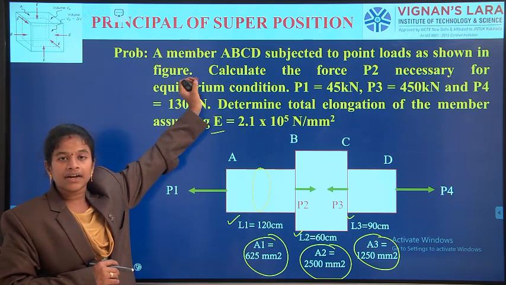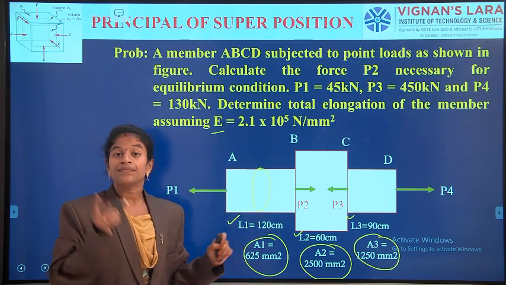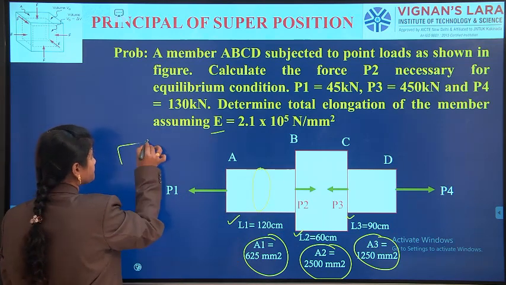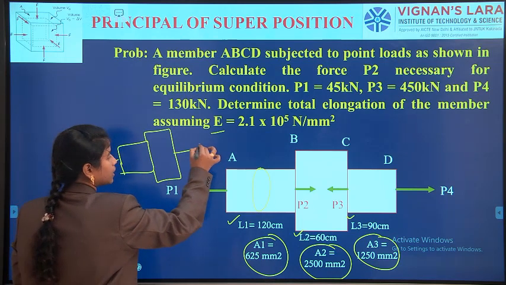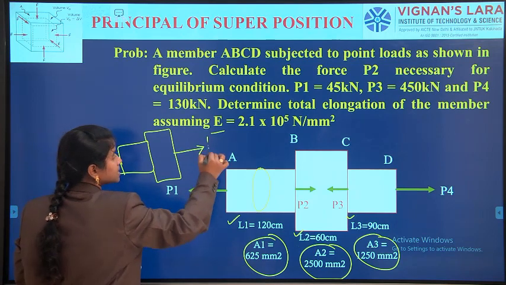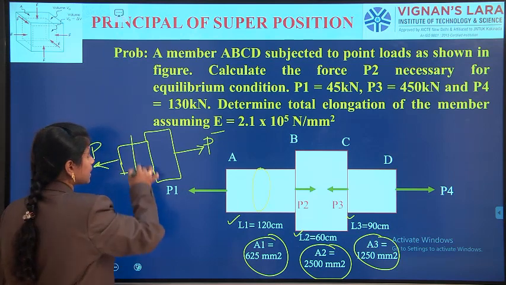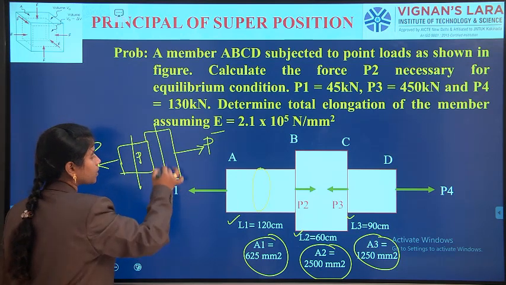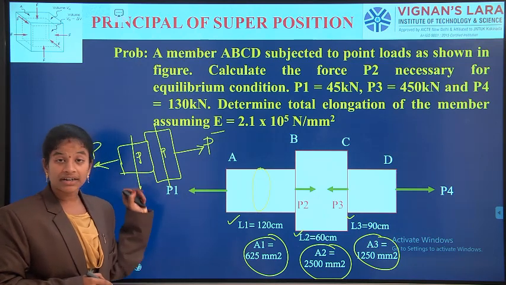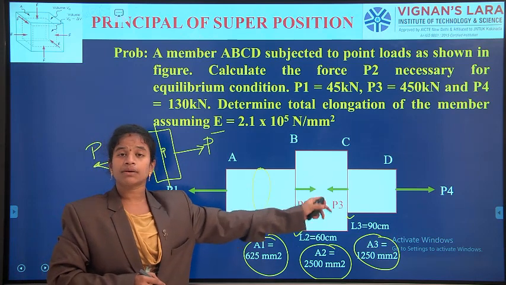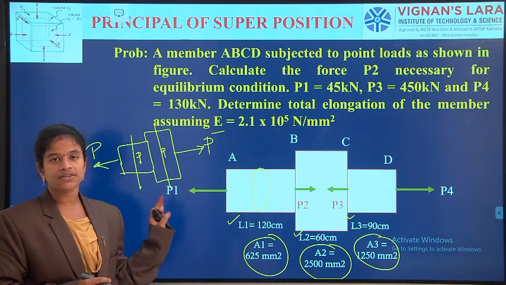We are having different sections and different loadings at different points. Initially, we are having bodies with different areas, right? But the load acting is the same throughout every section. If we observe here also P, if you observe here also P, the load is the same throughout the section. But here at different sections we are observing different axial loads, nothing but the tensile or compressive loads. Okay.